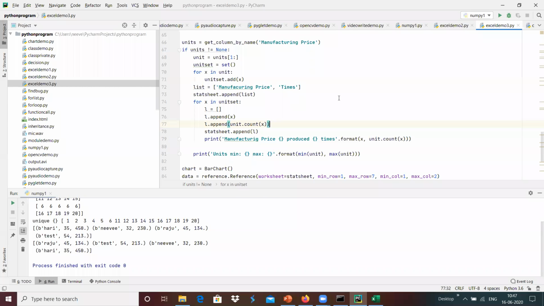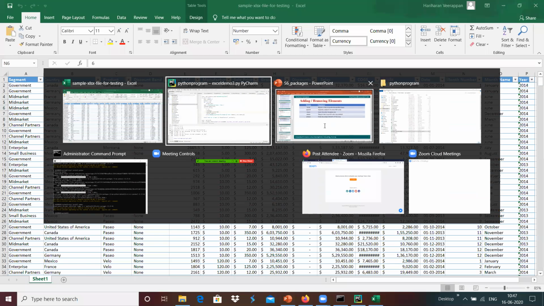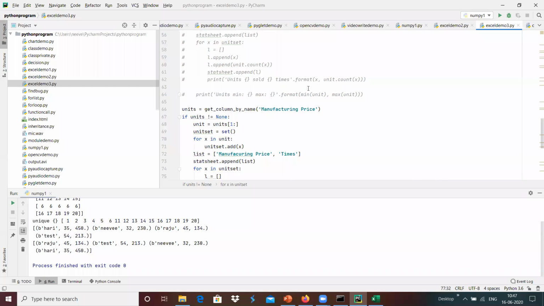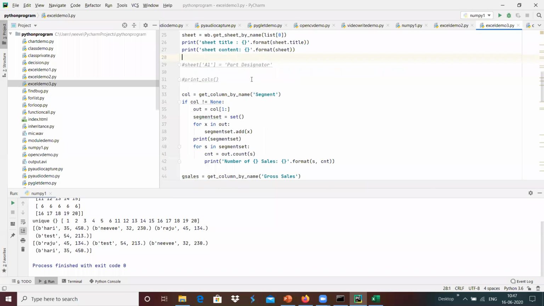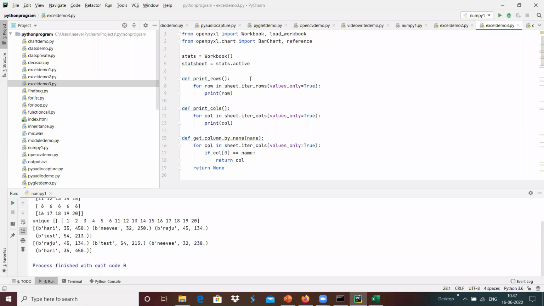Maybe I'm going to create a new one, which is something like get column by name. The function I'm going to use over here is column by name.